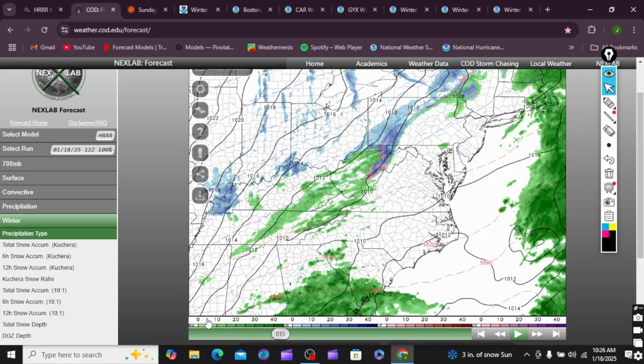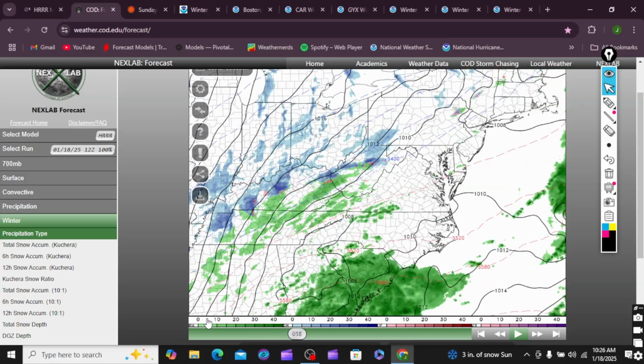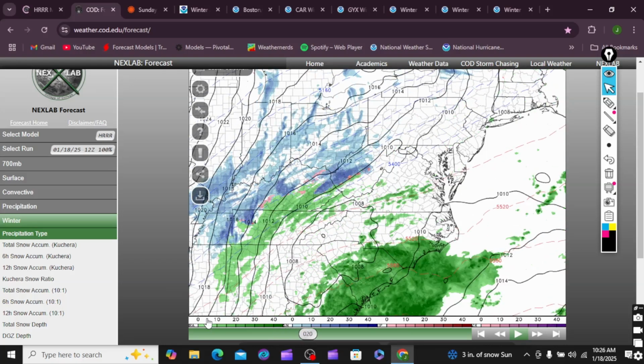Pretty quiet. Some rain showers, snow showers. Let's go another 5 hours, so 1, 2, 3, 4, 5 in the morning. You really don't see much, but you do start seeing what looks like an area of low pressure here.